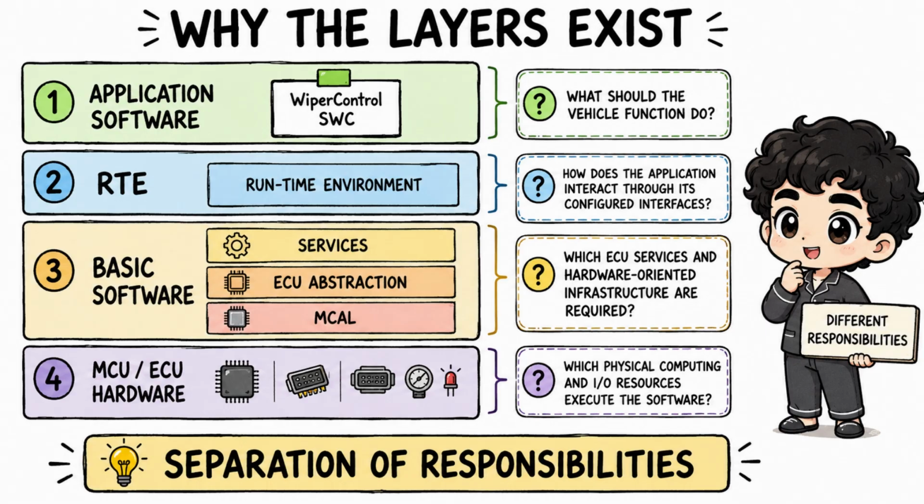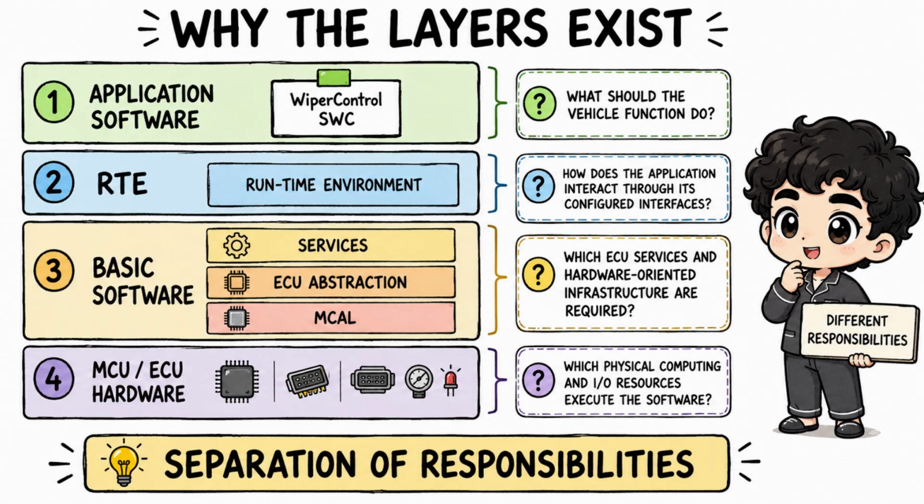Now step back. Why is this architecture so important? Because every layer has a different responsibility. Application software asks, what should the vehicle function do? The RTE asks, how does the application interact through its configured software interfaces? Basic software asks, which common ECU services and hardware-oriented infrastructure are needed to make that functionality execute on this ECU? And the hardware provides the physical computing and electrical resources. This separation is what allows application developers, basic software developers, hardware suppliers, tool vendors, and integrators to work through more